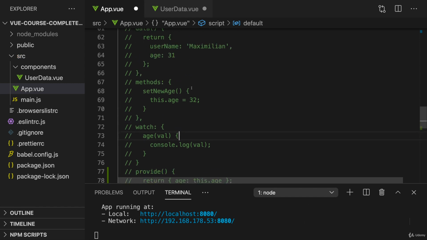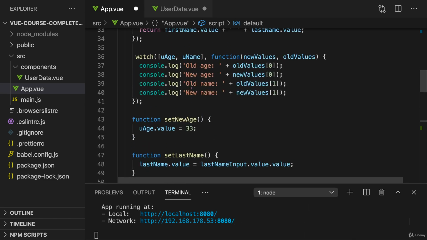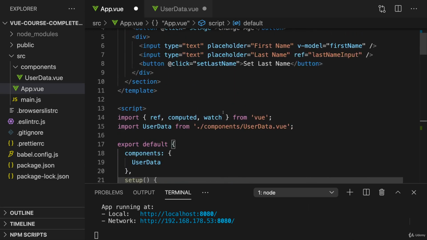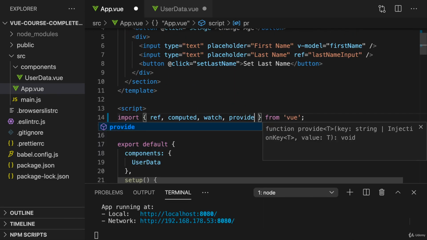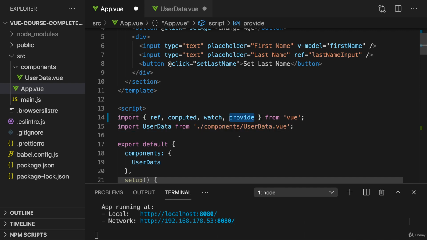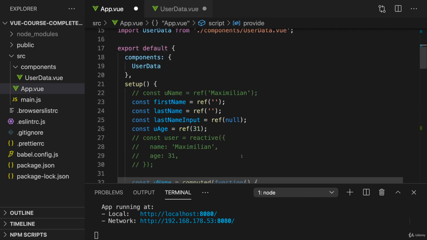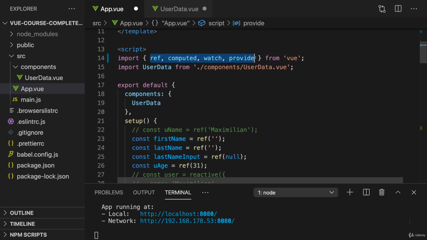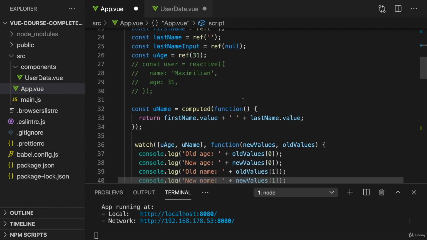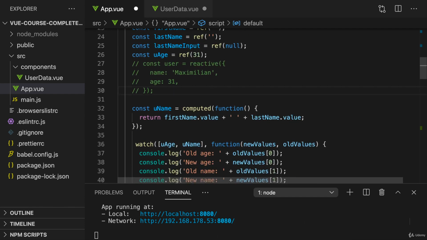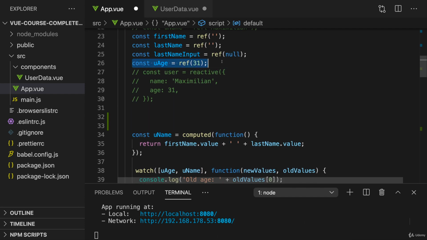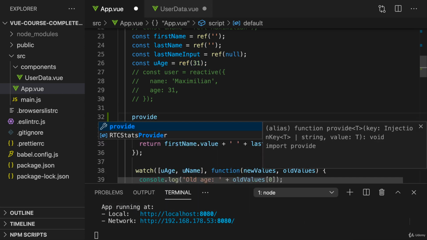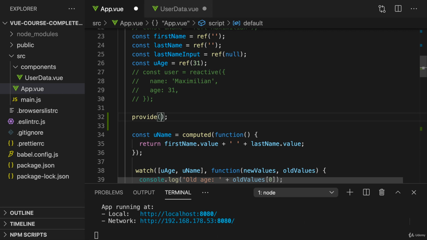Well, with the composition API, we have an equivalent. We can import provide from Vue. So that's another feature exposed by the Vue framework which we can import. And provide also, like all these things here which we import, is a function. And we can, for example, call it here after I initialized my ref and provide a value by passing two